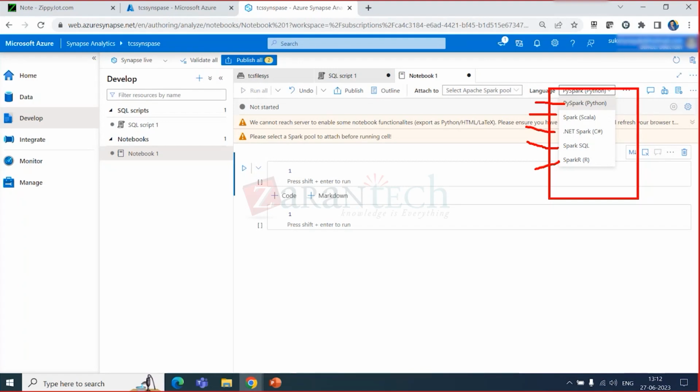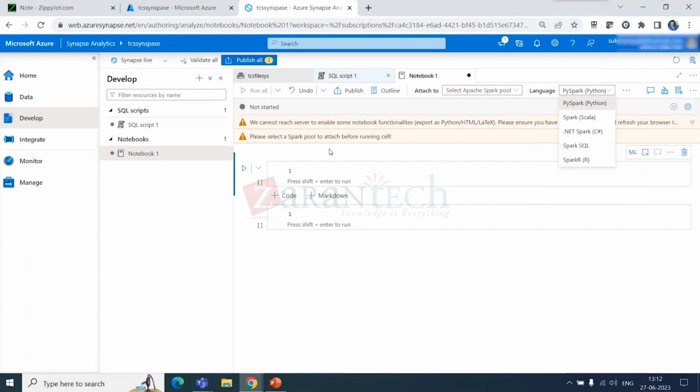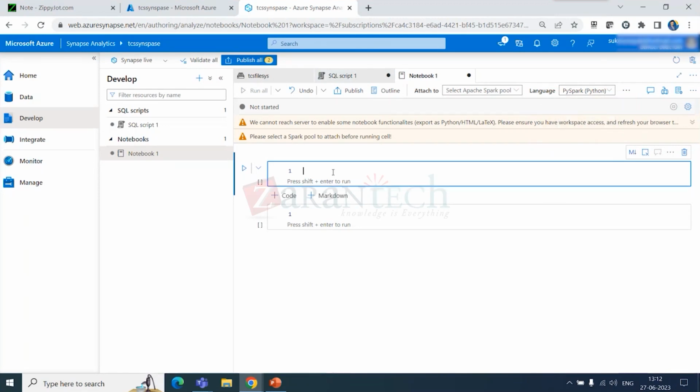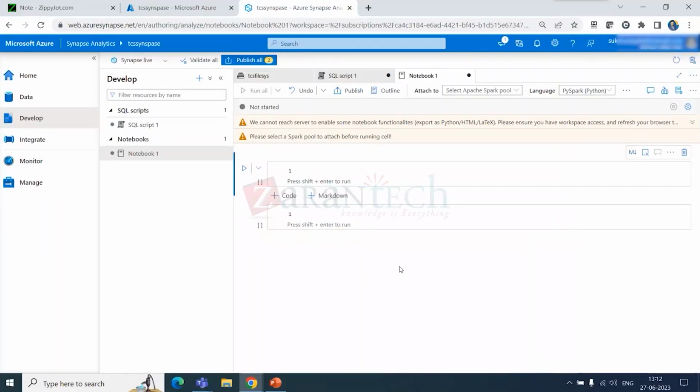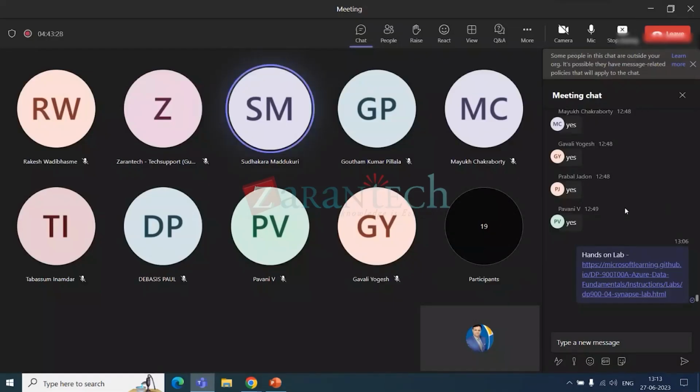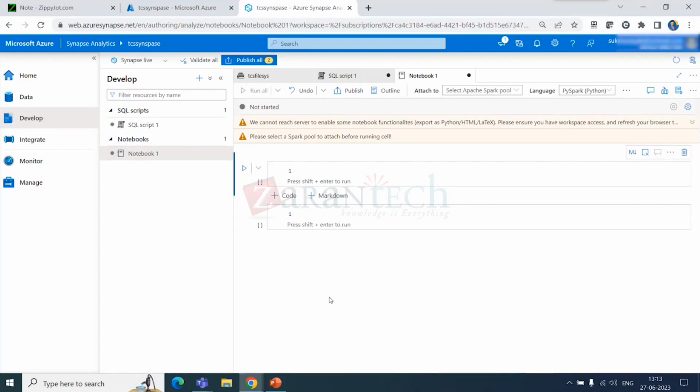But the notebook is part of Databricks also, right? That notebook is a separate thing. This is a Synapse notebook, and that is a Databricks notebook. Both are different products, different services. But since they introduced Synapse, going forward they are planning to bring Azure Data Factory and Azure Databricks, everything, into the same workspace. Yeah, definitely yes. Because see,